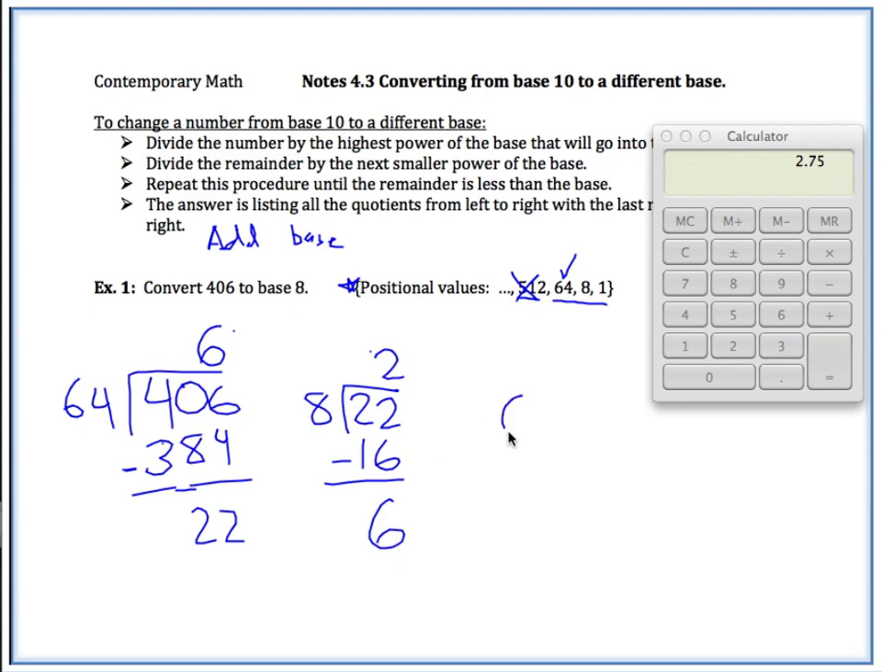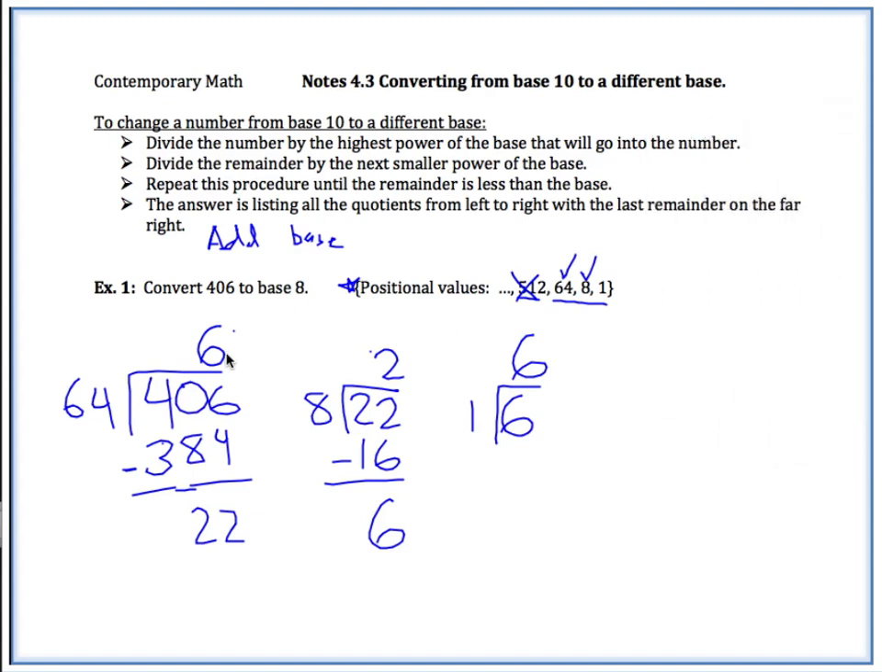Okay, now we're going to take that remainder and divide by the next smaller place value. So we already did 8, meaning we're going to divide here by 1, and that's just going to equal 6. Now your final answer is going to be listed right across the top. So we have 6 groups of 64, 2 groups of 8, and 6 groups of 1, and the final number is